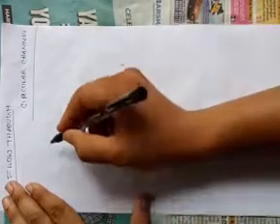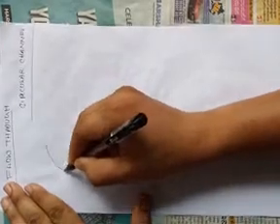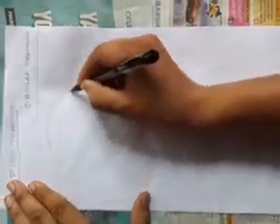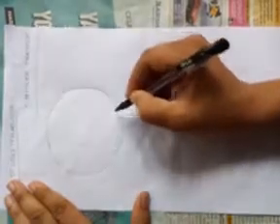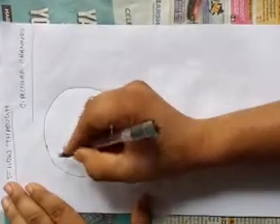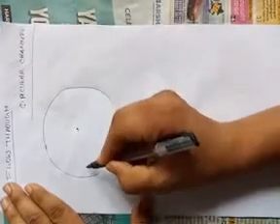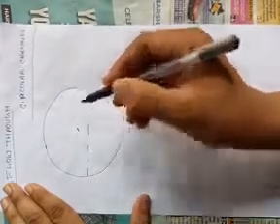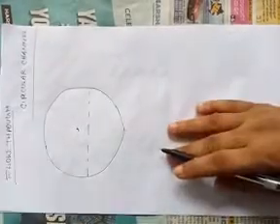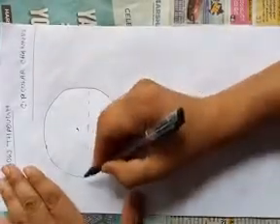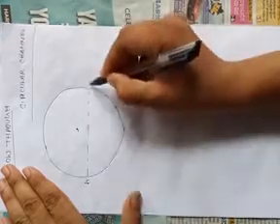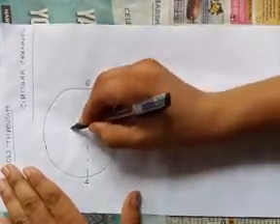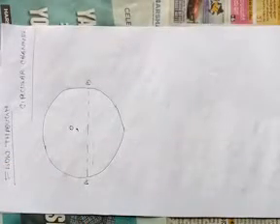See here, when the flow of a liquid in the pipe is below the top of the pipe, there will be an air space to maintain the atmospheric pressure. See here, this is the center. The water flows just below the center or above the center, but it's not going to touch the top surface. See here, this is the water surface AB. O is the center of the circle.